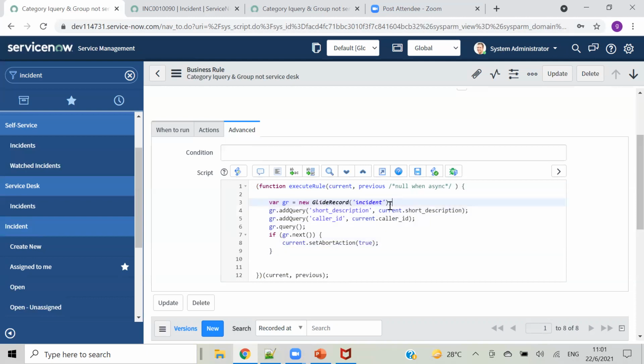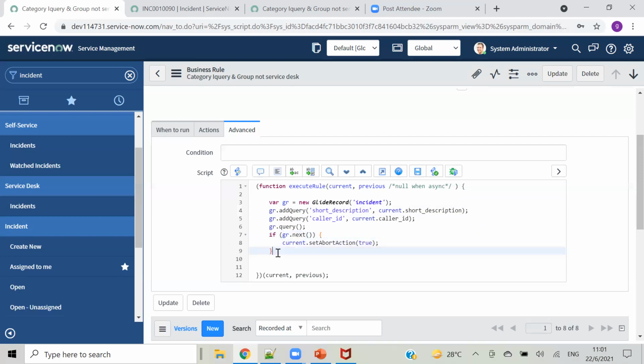Till here we have seen that we are accessing incident and we are checking short description and caller ID, and this line will query that. And after that we have this if condition. So why are we writing the if condition? If we get some output from here, with the count at least one, meaning at least one record is matching this caller and description, it will come under this condition.